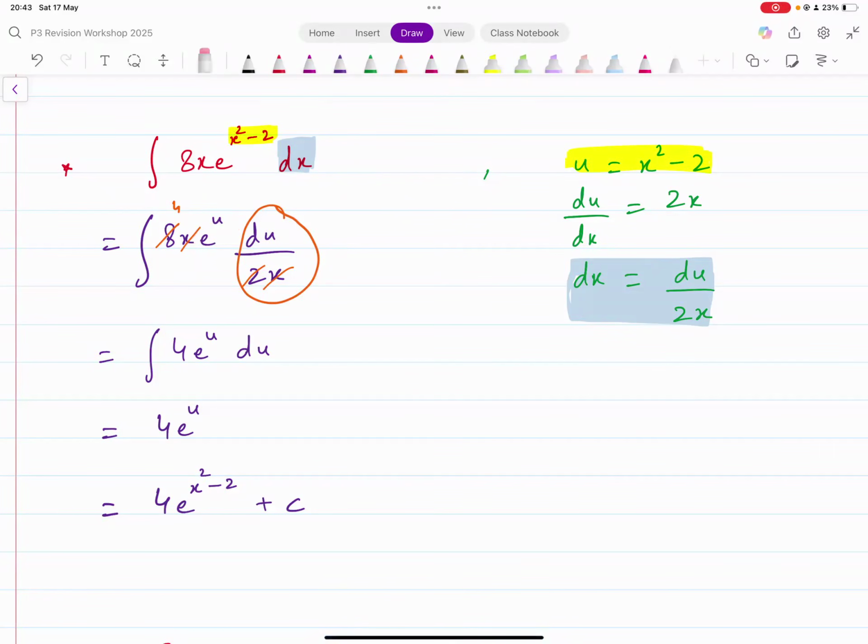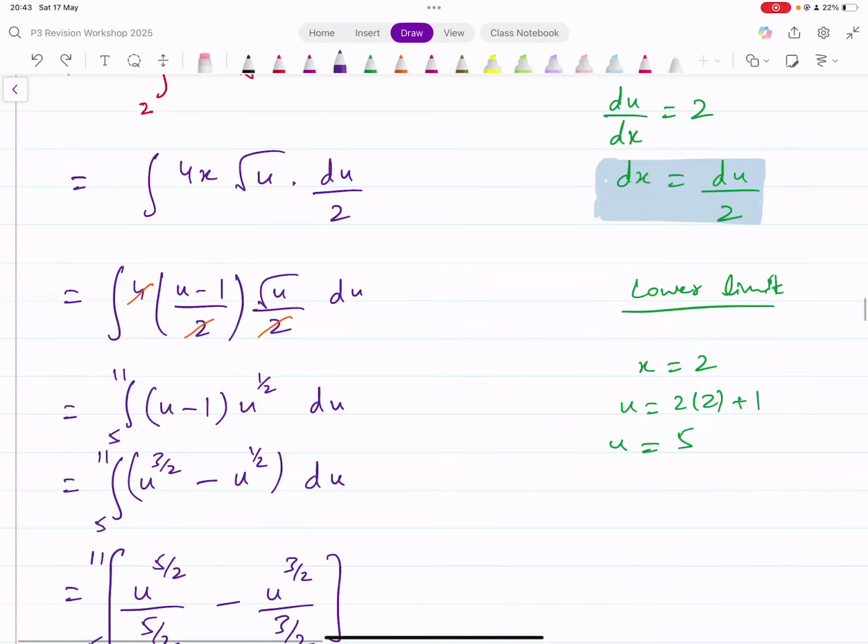And now you still have an x left there. This x gets cancelled with this x that you had from there. And we have everything converted to u. And now we can integrate this 4e raised to power u. What's the integration of that? This is 4e raised to power u. We'll put that substitution back and we get the result for that. In these examples, you saw that x was getting cancelled itself. Sometimes that's not what happens. For example, in this case,